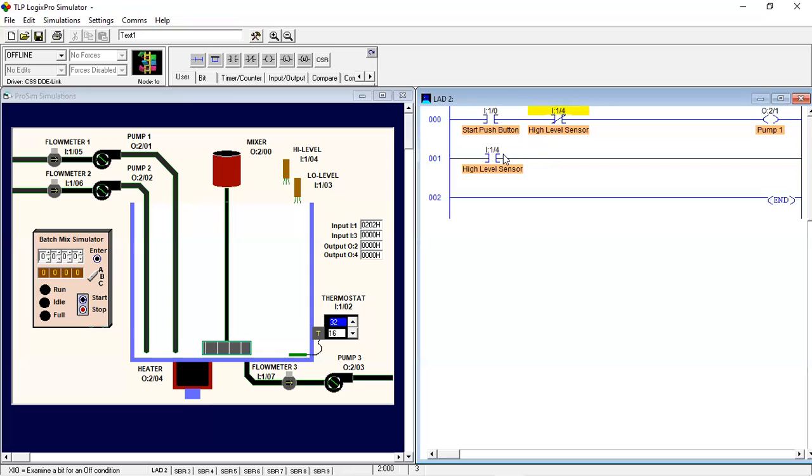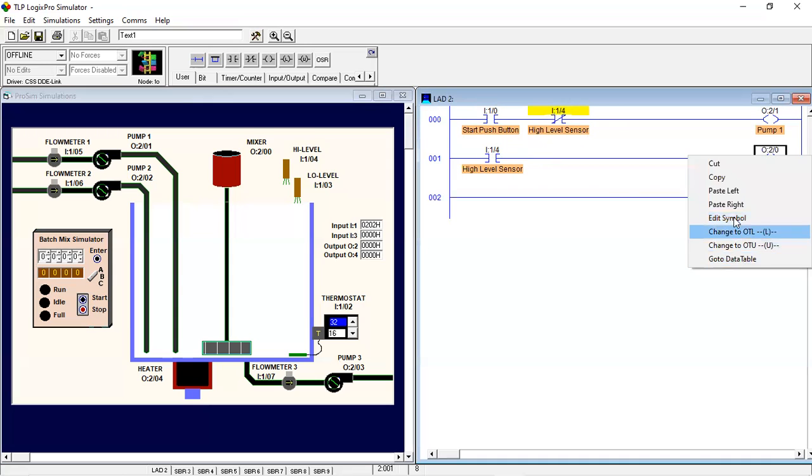We can copy this, and after the high level sensor, we will put an output coil and put the mixture address. After the high level sensor senses, we want to mix our liquid with the mixture.